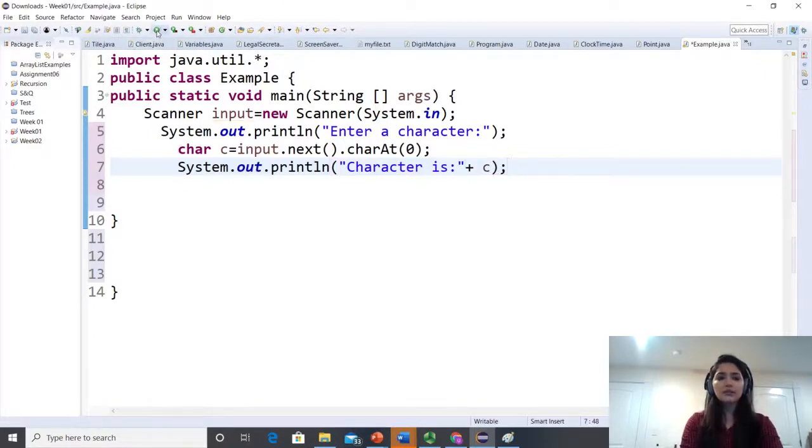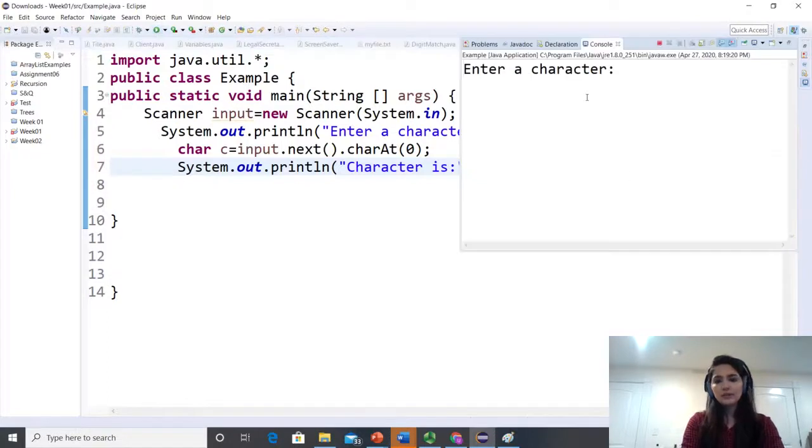Now let's run the code and see what we have. Enter a character. For first, let's enter highline. I entered a word, and it will take the word. It will not crash. And what it did, it just printed H. So it just took the first letter from my whole name. If I just enter H, it works with a single character as well.